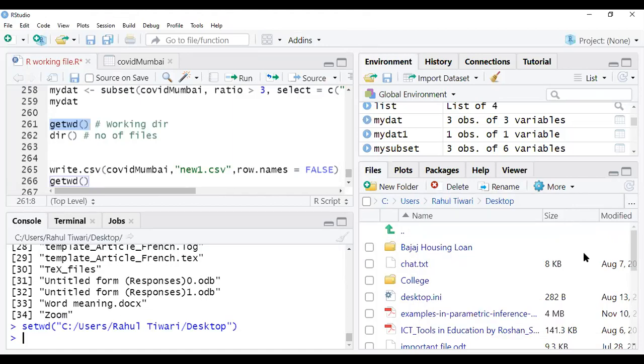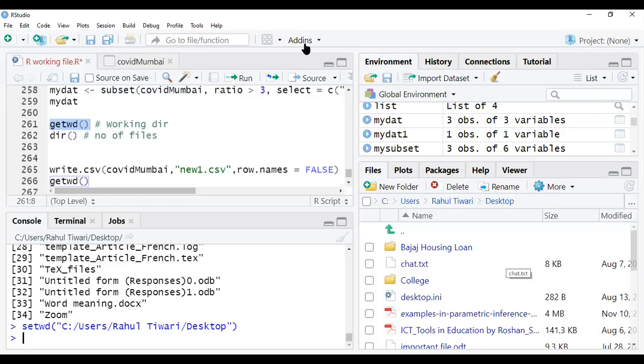Okay, so what is my question? You can save wherever you want as usual, that is fine. But I am interested in creating one folder on my desktop. Understand the question properly. Why am I repeating again and again? Because understanding the question is important here. So I'm interested in creating a new folder on my desktop. So first you have to set up something.